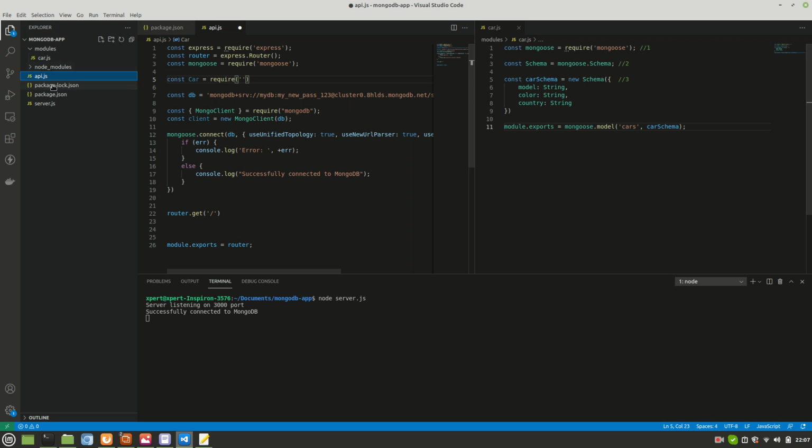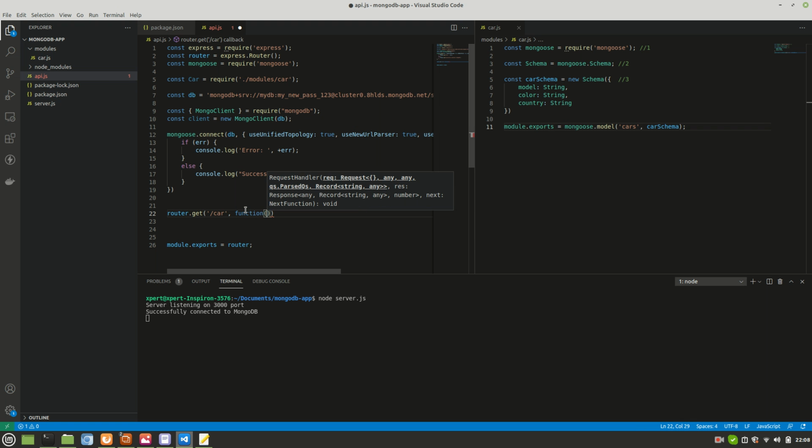Let's check the project folder. It is in models. So inside the models folder we have car. There's no need to add the .js extension here, that's enough. Now let's complete this method. So here we'll say cars, or just car is enough. This is the API endpoint, and within the get itself I'll add one callback function, and it will take one request and one response.